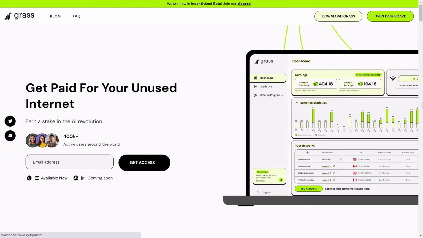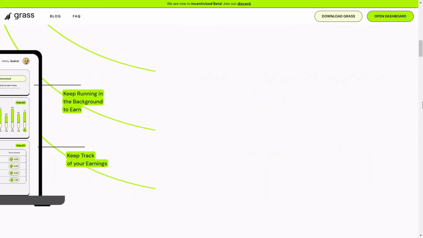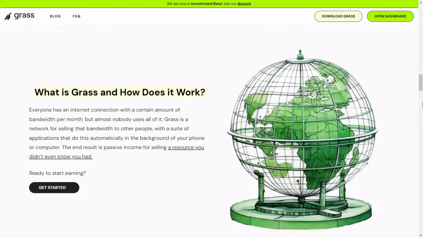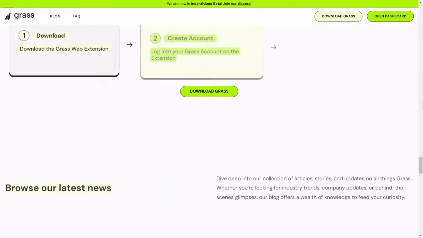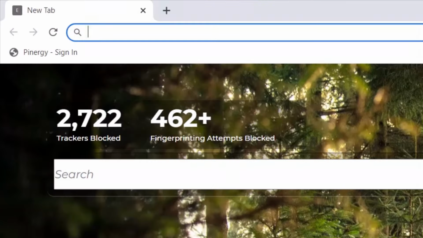Hey everyone! Today, we're diving into the world of passive income with Grass, a platform that lets you earn coins by simply using your internet. Intrigued? Let's get started. First things first, head over to